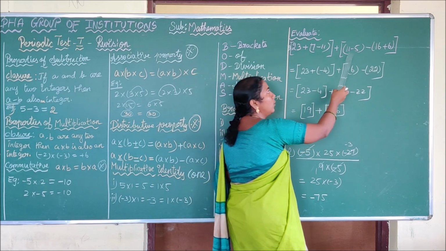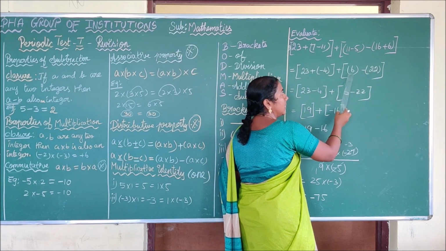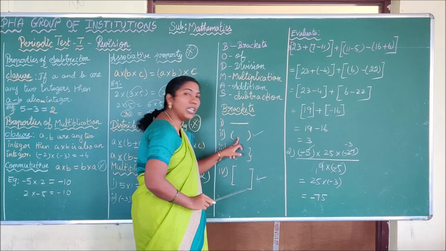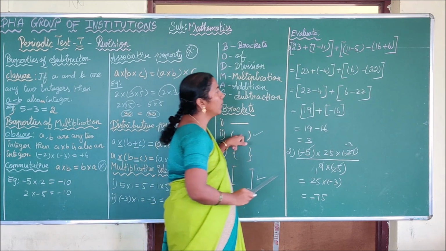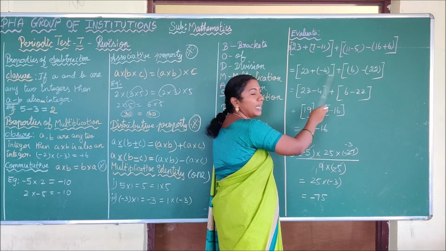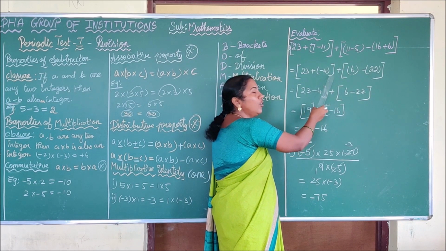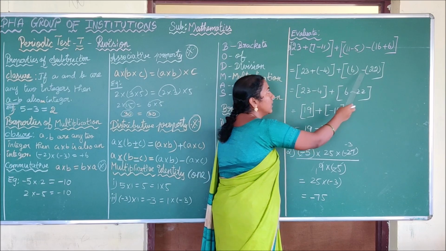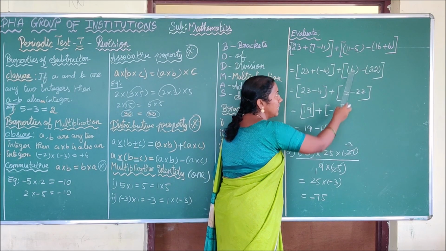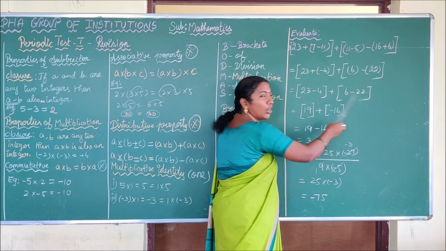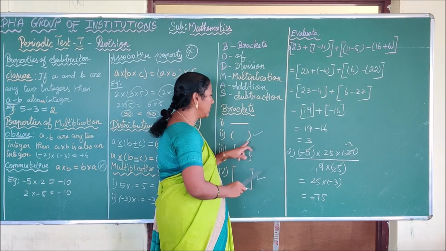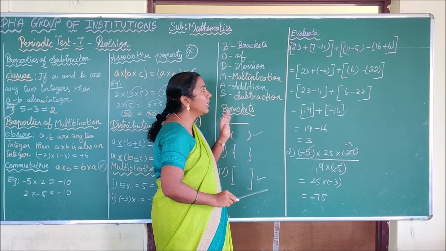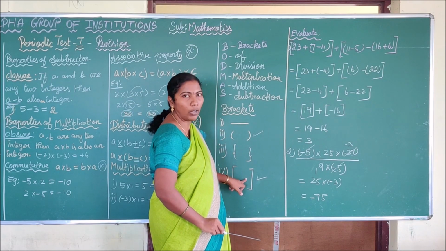Here also you have the two simple brackets. 11 minus 5 is 6. 16 plus 6 is 22. Thus, we have evaluated the simple brackets. Now, we are going to remove these simple brackets. See here, 23. How can you remove the bracket? By multiplying the signs. Plus into minus is minus. Here, you have to write as it is, 6 minus 22. Okay, is it clear, children? Thus, we have evaluated the simple brackets and also we have removed the simple brackets. Next, we are going to evaluate the square bracket.